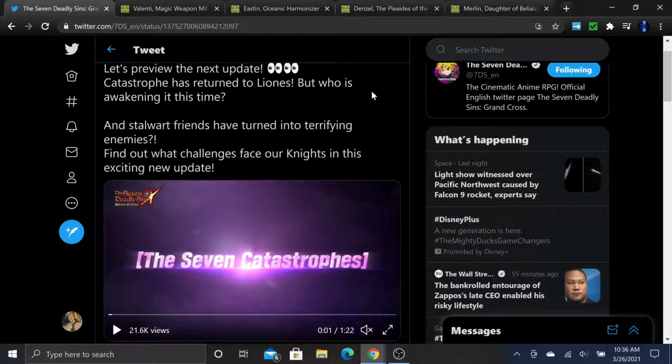Today, bringing you guys a bit of a news video regarding what's coming to global this upcoming patch, this coming Tuesday. Mark II Valenti and Red Eastin are coming, and the Gilthunder Final Boss and Tower of Catastrophes are returning for that. And before we get into the trailer preview that they released, I'm going to tell you right away